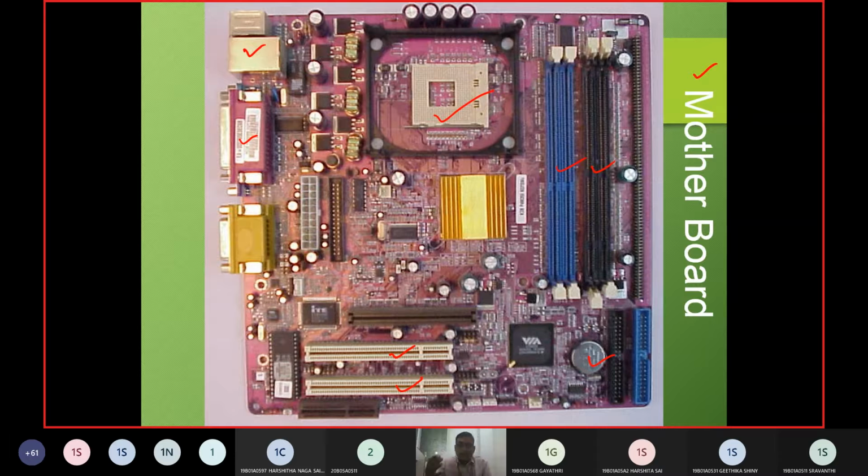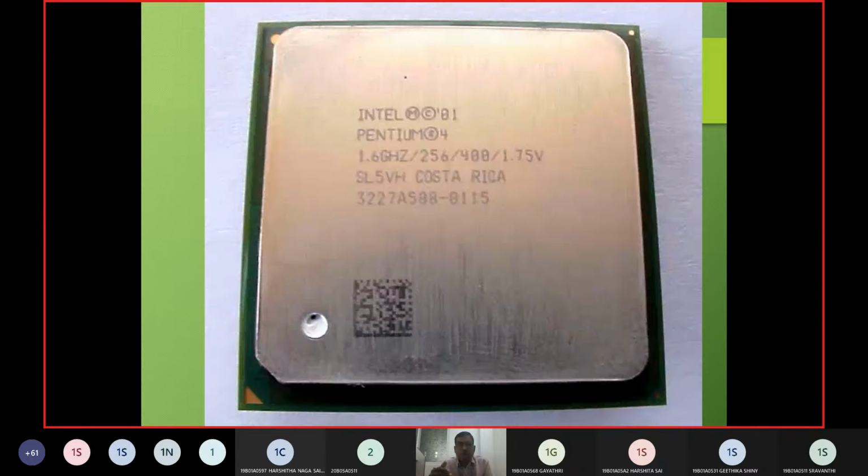Theoretically, we are learning RAM, ROM, CPU, etc. But let us see what the component is and where exactly it is placed in the computer or in a laptop. The architecture will be the same, the components will be the same, only the circuitry design will vary from a laptop to a desktop.